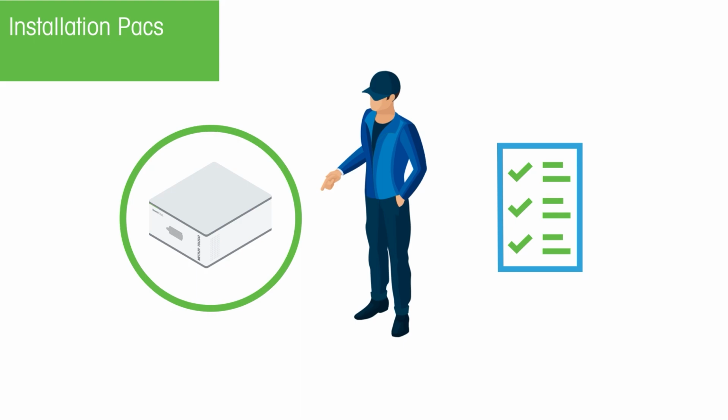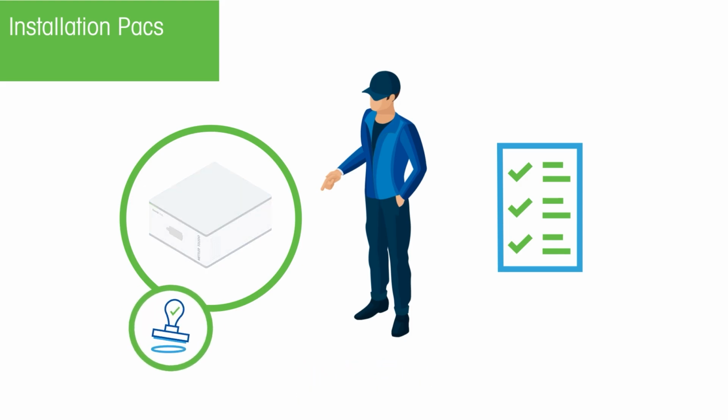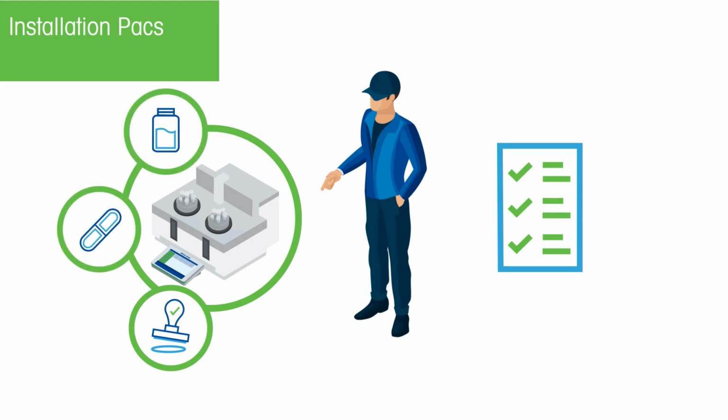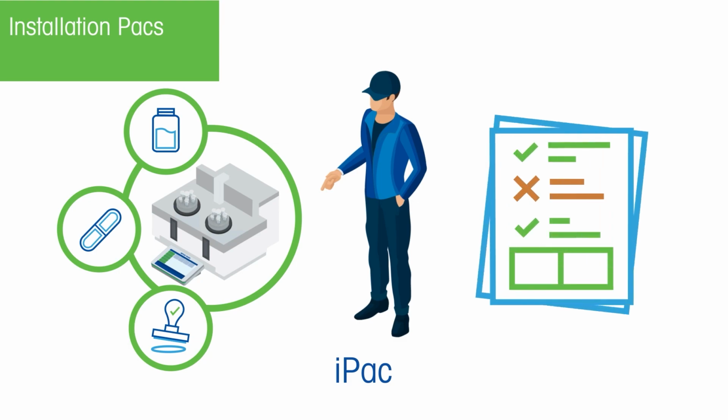If factory inspection is sufficient, like in academia, then the starter pack, with its functional checklist, is appropriate and will trigger the start of your warranty period. If your industry or application typically requires installation and operational qualification, like in the pharmaceutical or chemical industry, then the iPack is most appropriate. This service includes on-site instrument validation and performance verification to ensure it still meets specification after